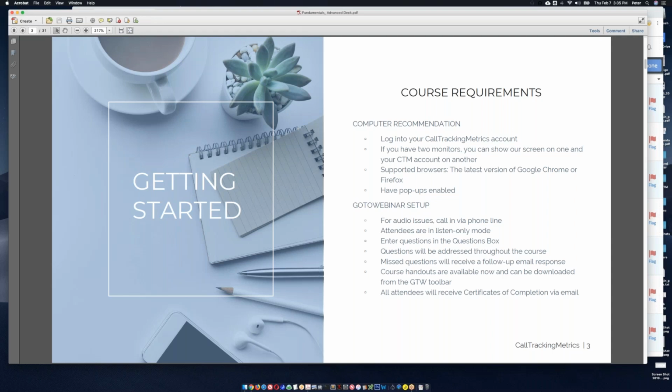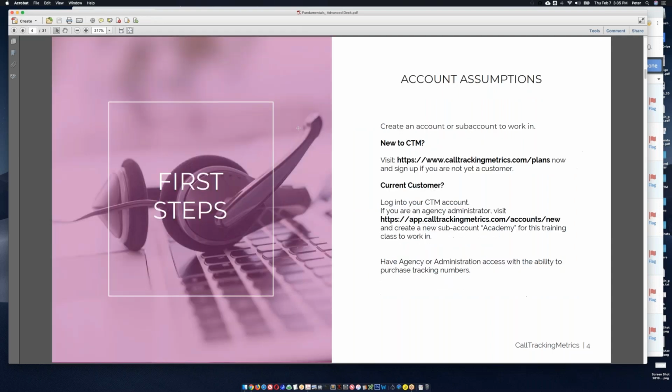Of course, requirements, you're logged in, you're good to go right there. Again, if you're new to the product,